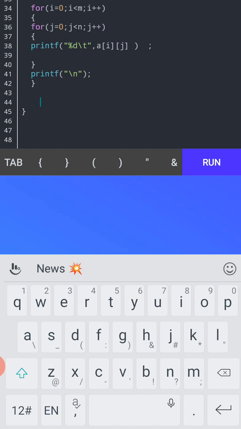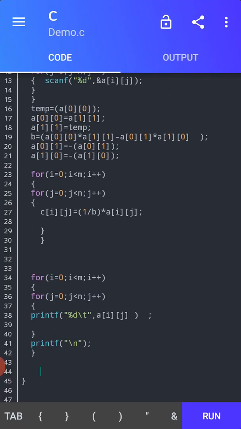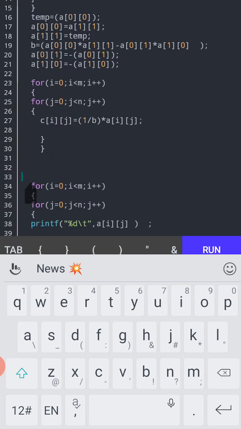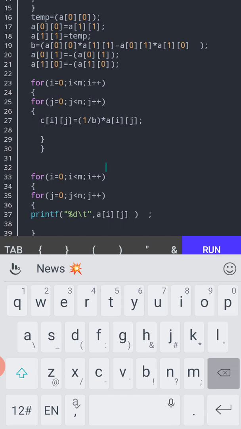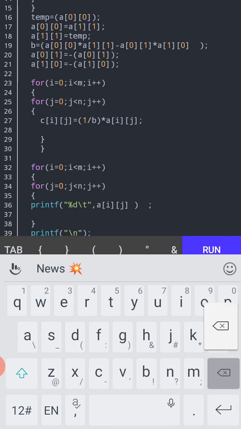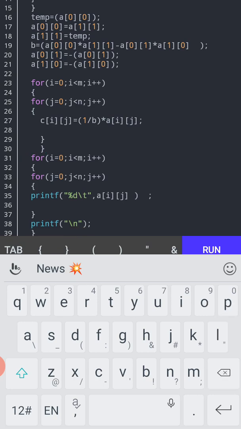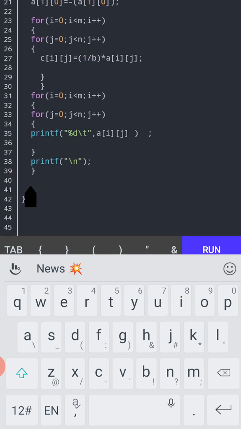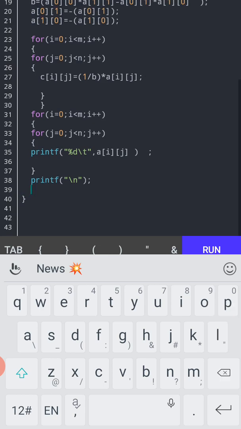So I prefer to do the inverse operation with MATLAB. Now the thing I wanted to convey, I think I conveyed it.